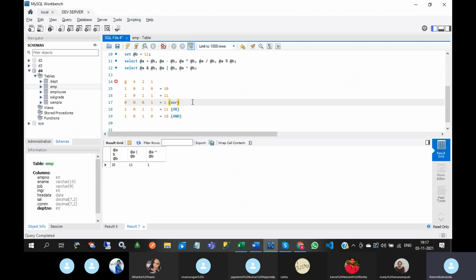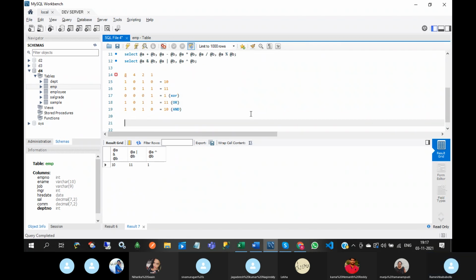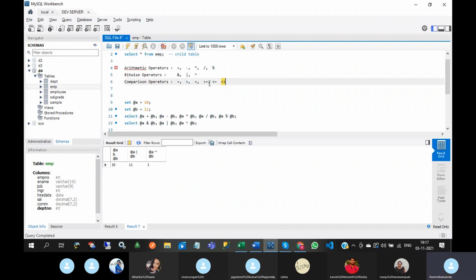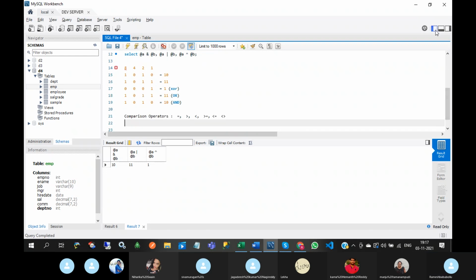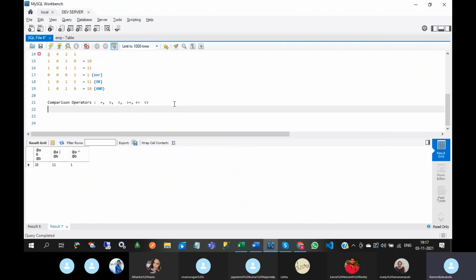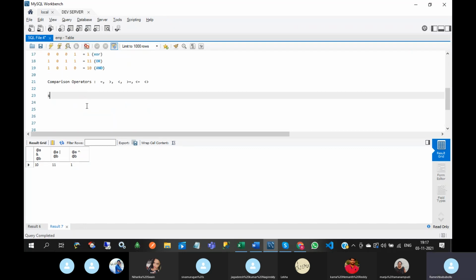And comparison operators means, what are the comparison operators? So in which cases it will be useful?